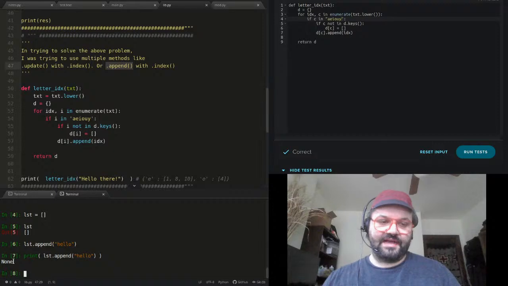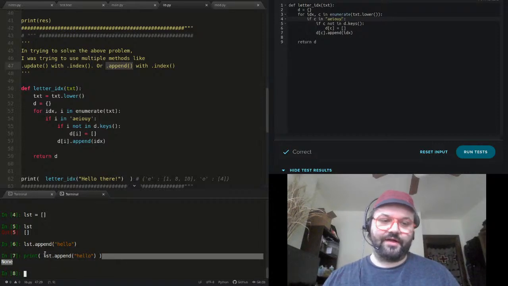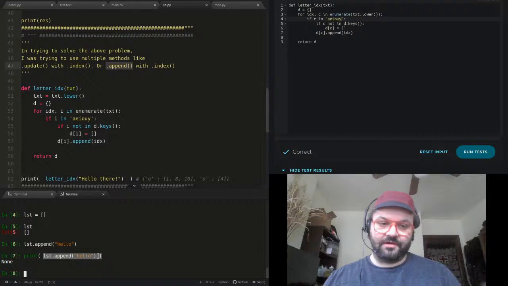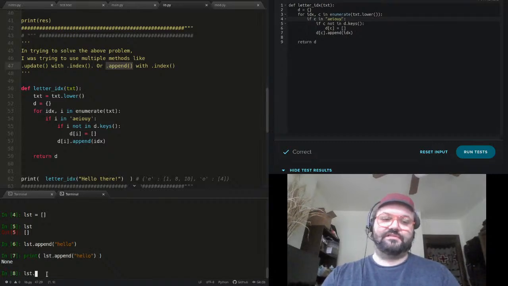So if I print it out, you can see the result is None. So the value returned by list.append is None. I don't think None even has any methods. But regardless of whether None has methods or not, if you were going to chain a method after an append, you're probably expecting the append to return the list, which it doesn't. So you just have to do the append on its own line